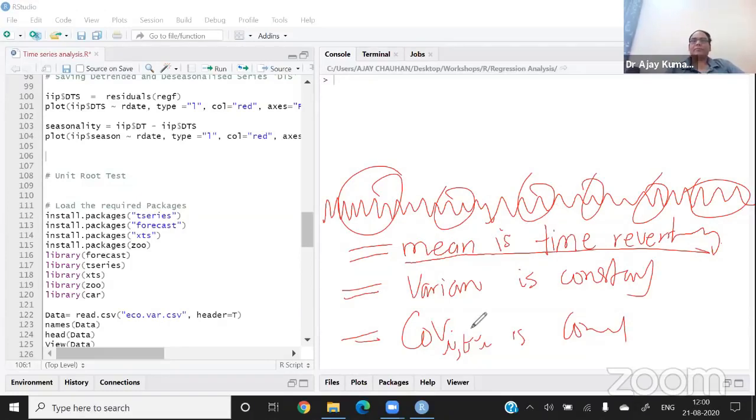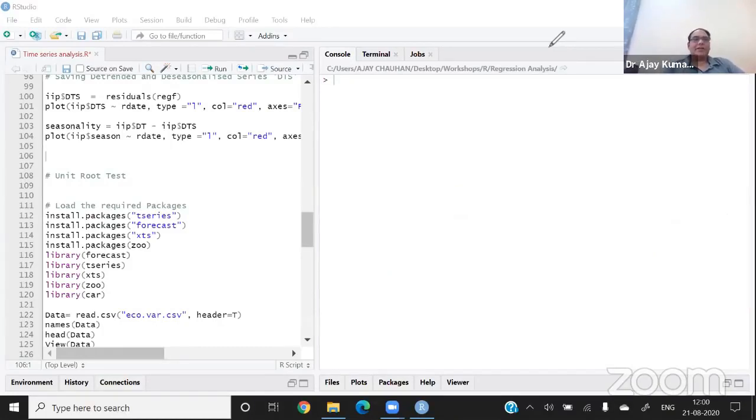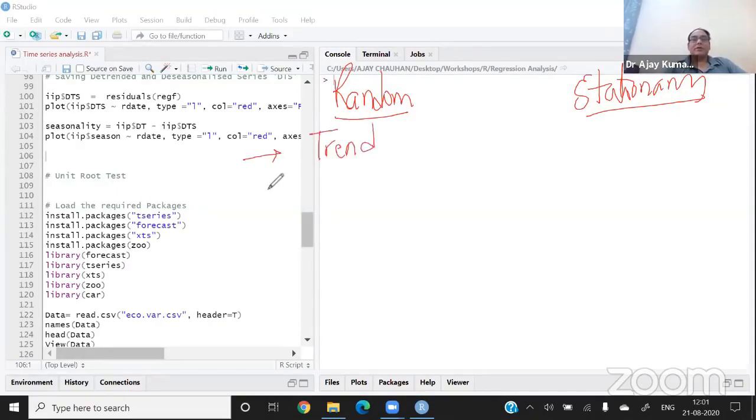Now, in the case of a stationary time series, if you apply any regression model, it will work. Otherwise, all other analysis will not work. So I'm writing which kind of analysis you can do in a random walk and which kind of model you can do in a stationary series. For a learner of time series analysis, you must know what kind of analysis we can do on the random walk and which analysis is possible only on the stationary series. In a random walk, you can do the trend analysis, the growth analysis, and the co-integration analysis.